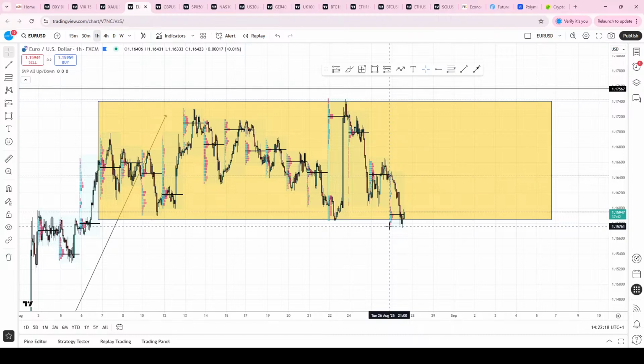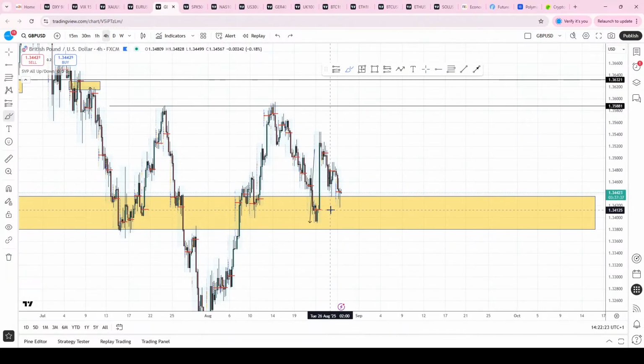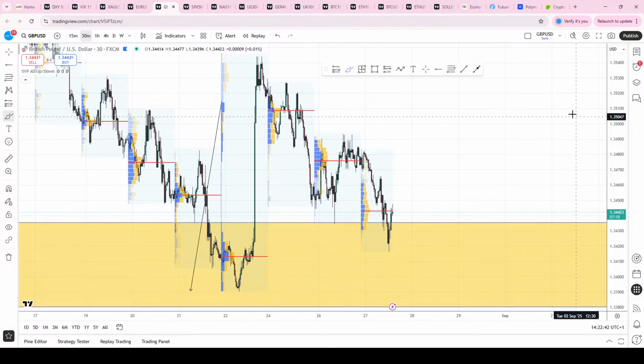Naturally, we're seeing euro dollar at those benchmark lows at the bottom of this region, just underneath 116s. We're also seeing the cable price move lower back into this threshold, which we discussed last night. I said that was going to be an area of interest that I would be following, to see if there was any respite in the dollar and any strength in the cable. This is the area I'd be looking at, around that 130 to 134.30 handle. As you can see this morning, we've come right into that zone, particularly on the lower time frames.